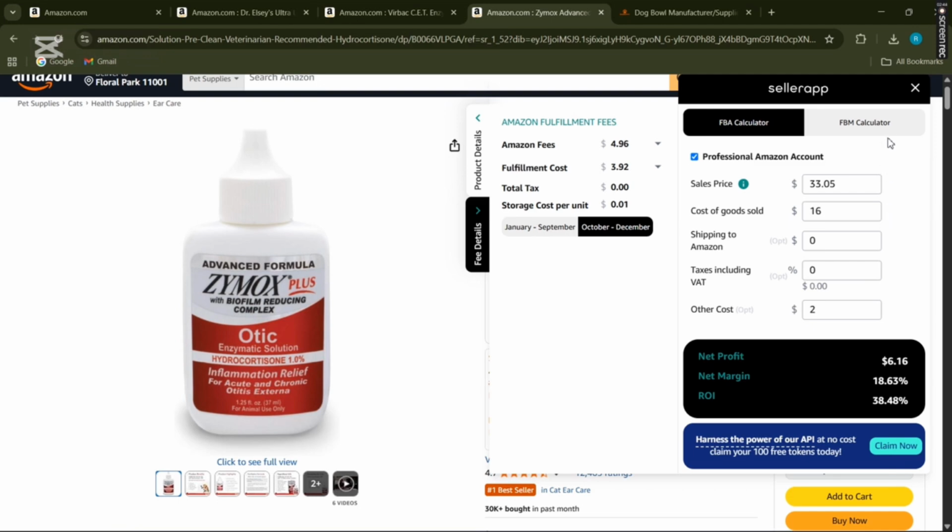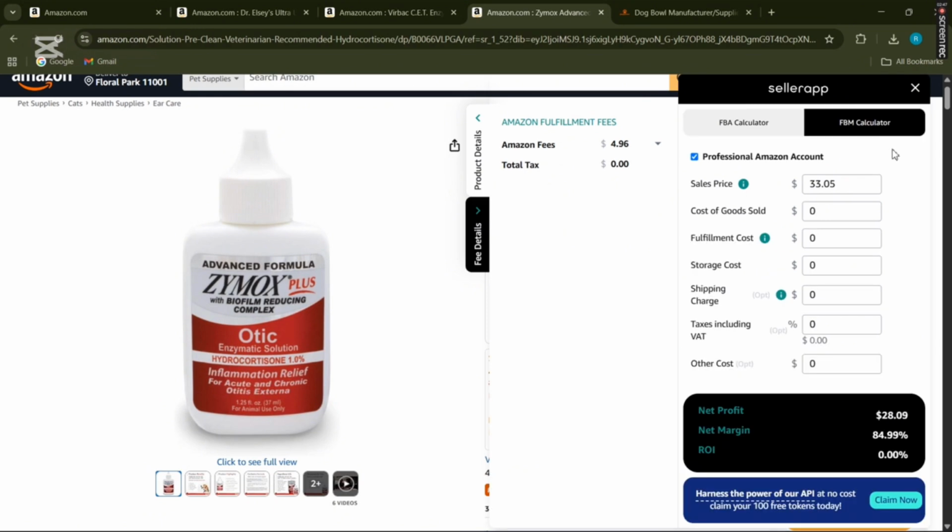Simple. Now, let's look at the FBM calculator. Same price, $33.05. Amazon fee, same price. No fulfillment cost. No storage fee. Just Amazon fee, because you're listing on their app. Other cost, you could add the packaging cost, which is still $2, and you are left with $6. However, now you are delivering that product as well, so the gas price would come on you instead, which